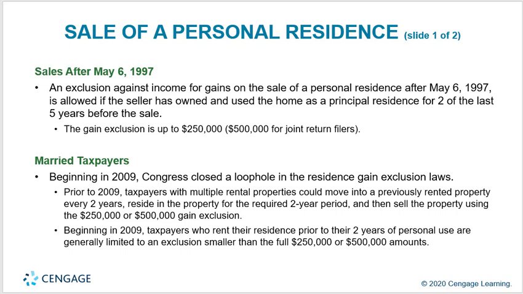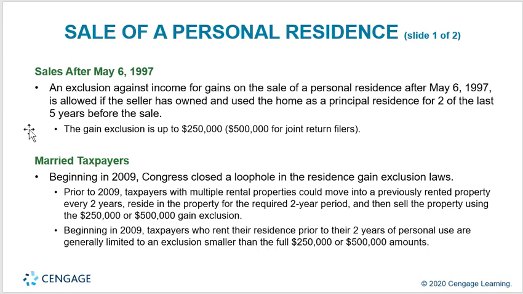So, sale of a personal residence. Sales after May 6, 1997: an exclusion against income for gains on the sale of a personal residence after May 6 of 1997 is allowed if the seller has owned and used a home as a primary residence for 2 of the last 5 years before the sale. The gain exclusion is up to $250,000, and $500,000 for joint return filers. This is very important. This means that they can sell the home and not have to worry about calculating any